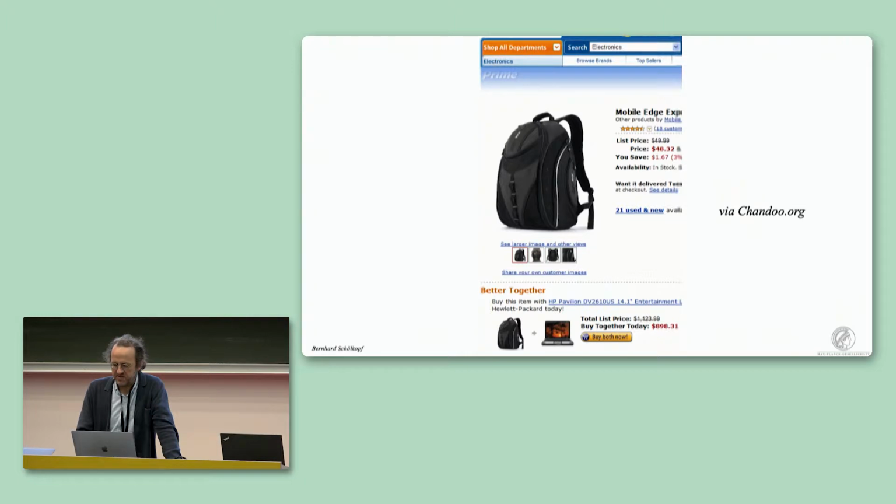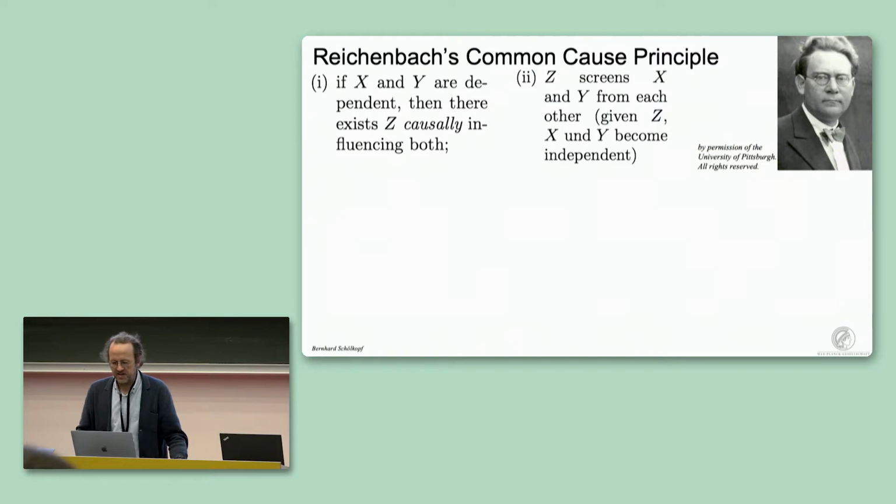There's a fundamental difference there, and this difference becomes important once we intervene in a system by recommending an item. Because if we intervene on the cause, the effect will change. But if we intervene on the effect, the cause will not change. So there's a deep asymmetry, a difference between correlation and causality.